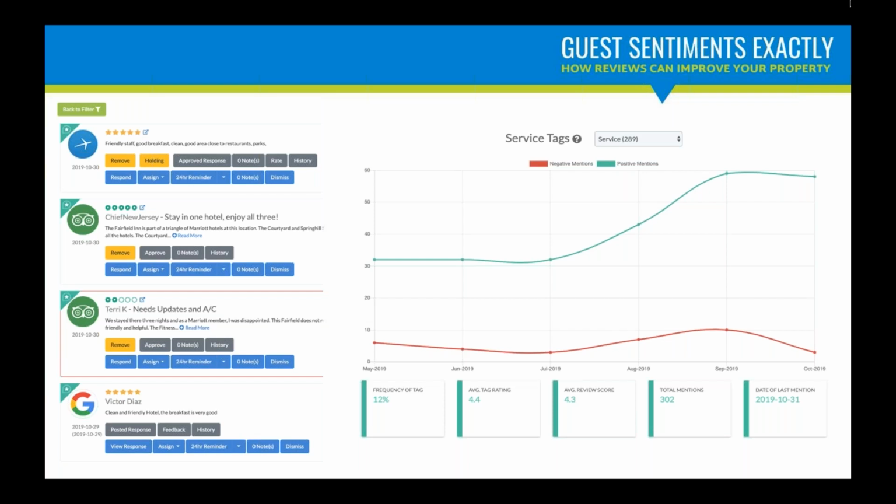Our sentiment reporting is so powerful and detailed that the last slide that you saw doesn't even represent a third of the amount of tags that we score on online reviews. Our review response team has more than 45 tags that they identify and score for hoteliers, so that each property has the most accurate and comprehensive reporting in the industry. We show the frequency of each tag, the tag trend over time, and the average tag rating in comparison to the average review score. We can even go as far as pinpointing and displaying specific reviews that mention each tag across all different online review sites.